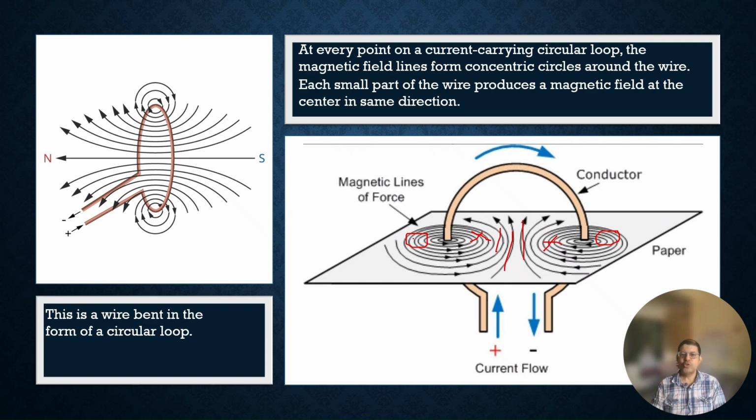Okay, so this is how magnetic field appears on a circular coil, right? In the inner side of the coil, the magnetic fields are inward depending on the direction of the current, or it can be outward if the direction of the current is reversed. But on the inner side, the direction of the magnetic field will be the same. Okay, so this is for circular loop. Next,